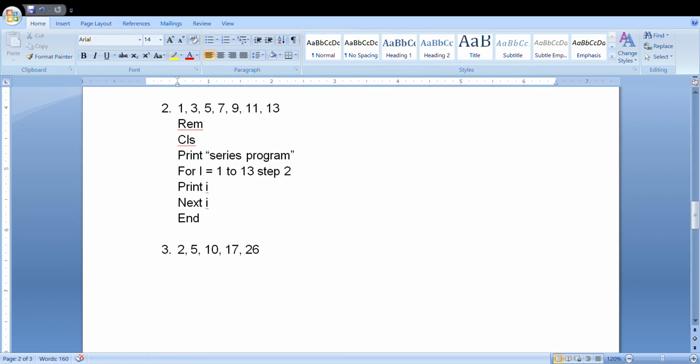Next is 3. Now 3 squared becomes 9, 9 plus 1 is 10. 4 squared is 16, plus 1 is 17. Then 5 squared is 25, plus 1 is 26. That means, in order to get this series, I need to square the numbers from 1 to 5, and after squaring I need to add one to the square. Isn't it? Now here